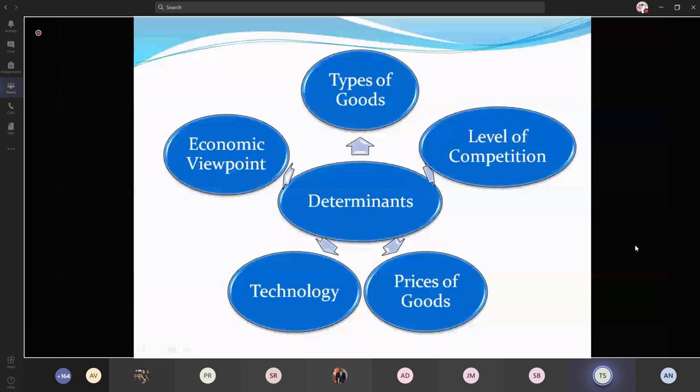And the next one is technology. Okay, so we have a dynamic world with rapid change in technology, and the existing technology and the products using it may become outdated, because we are predicting the future. The technology which we are using now may become outdated in the future period. So the level of technology also affects the demand forecasting. We don't know which advanced technology will arrive in the future. So according to that also, the demand forecast will be affected.